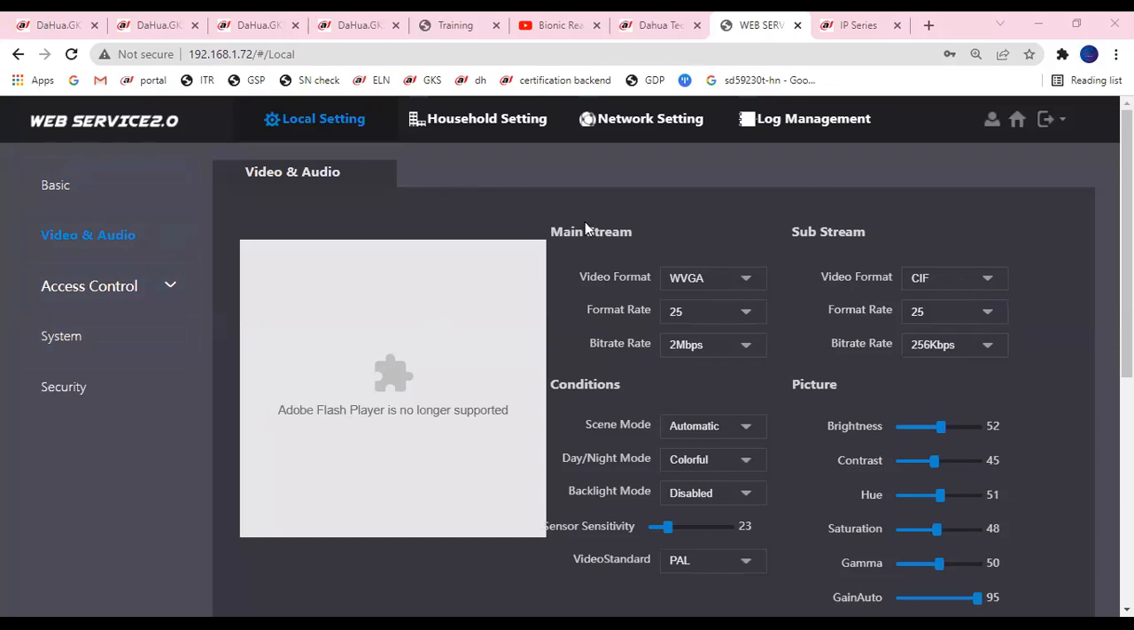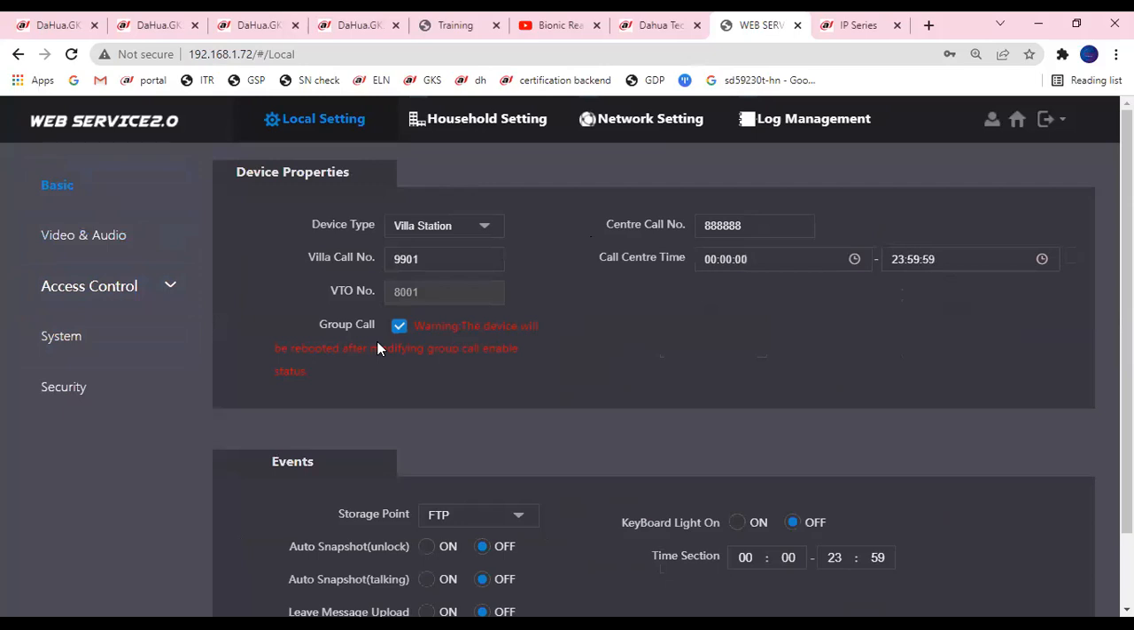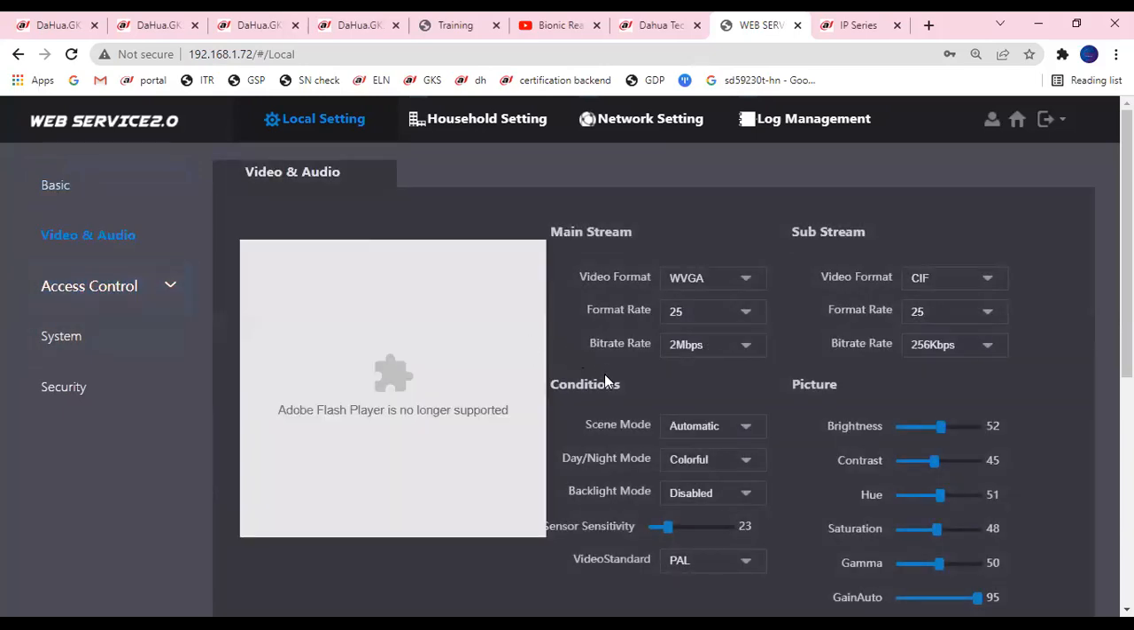Sorry for the interruption. So apart from this tab, we have the other tab that is the video and audio. So video and audio will help you to configure and reduce those parameters so that if you're going